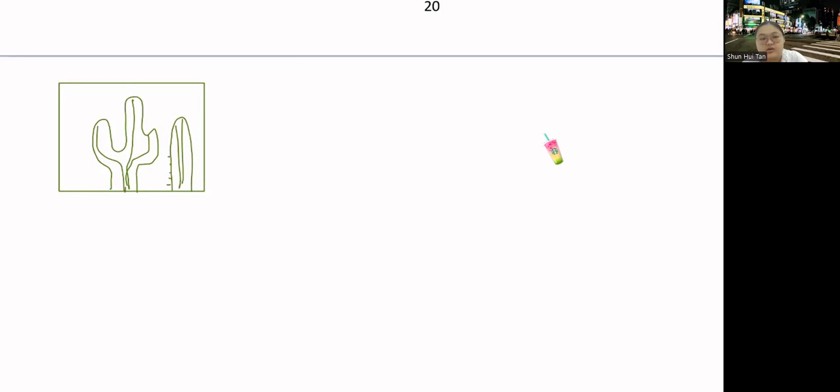Okay, yes. So, the question may ask, first, nyatakan jenis tumbuhan dalam gambar. Normally, this kind is 1 mark. Okay. Then you will name that this is a cactus. Right? So, the question may also ask that